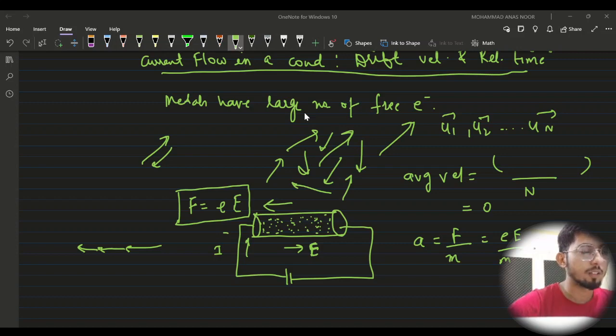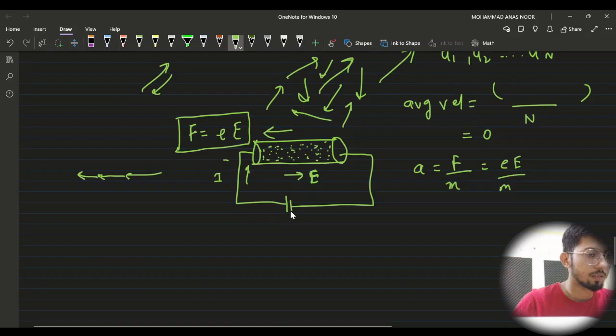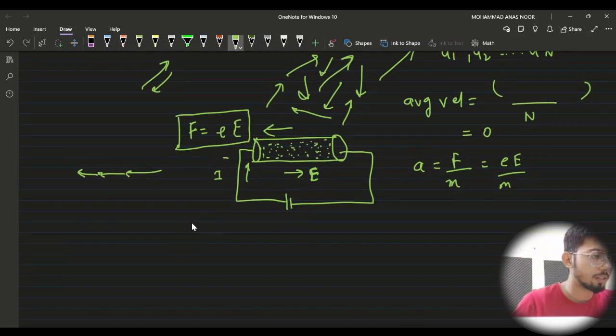So between any two collisions, an electron gains a velocity, because the collision slows down its velocity, and then it has to regain the velocity, and in a short period of time it again collides, and this process repeats. So if an electron has a random velocity u1, and it accelerates for time tau1 before it collides,